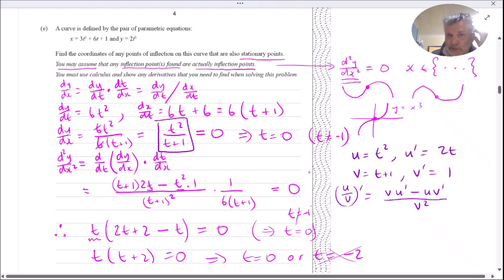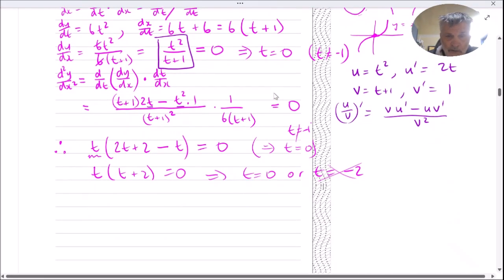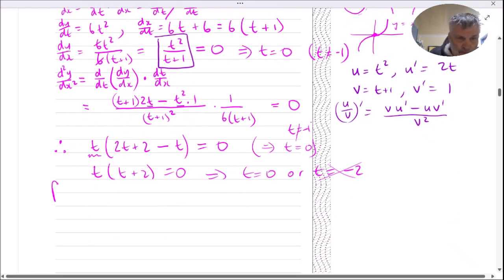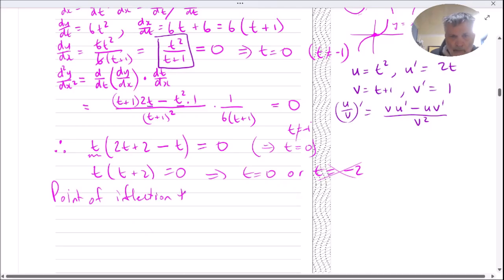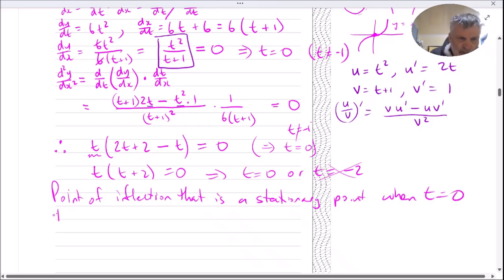This one's no good to us because it's not a stationary point. It will be a point of inflection. Well, we can assume it is. So the point of inflection that is a stationary point is when t equals 0, that is